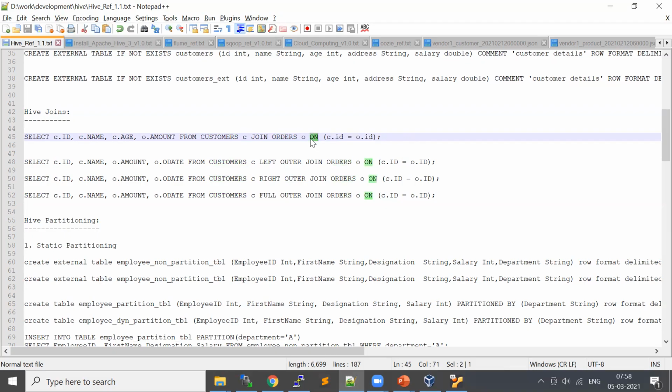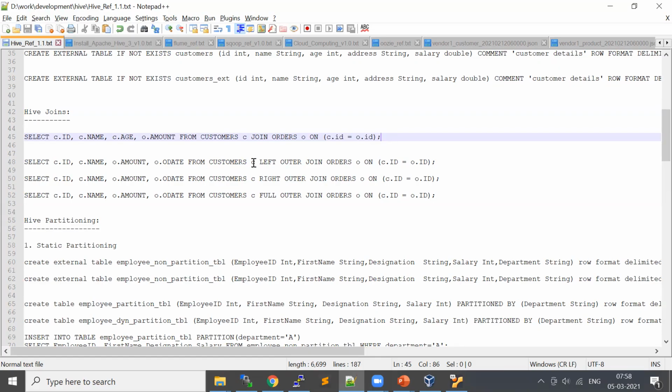When we use the join keyword, it is going to be considered an inner join because inner is the default, and you use the on keyword followed by the join condition. Apart from providing a join condition, you can also apply a where condition to filter the data coming out of your result.